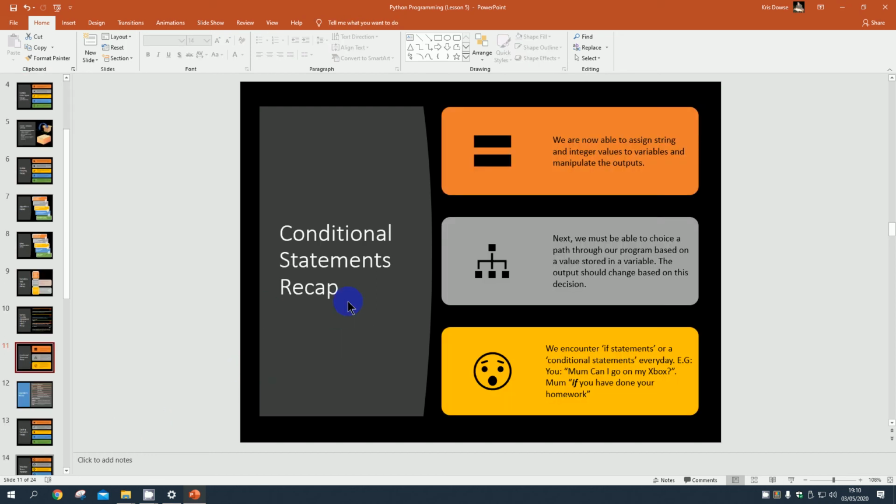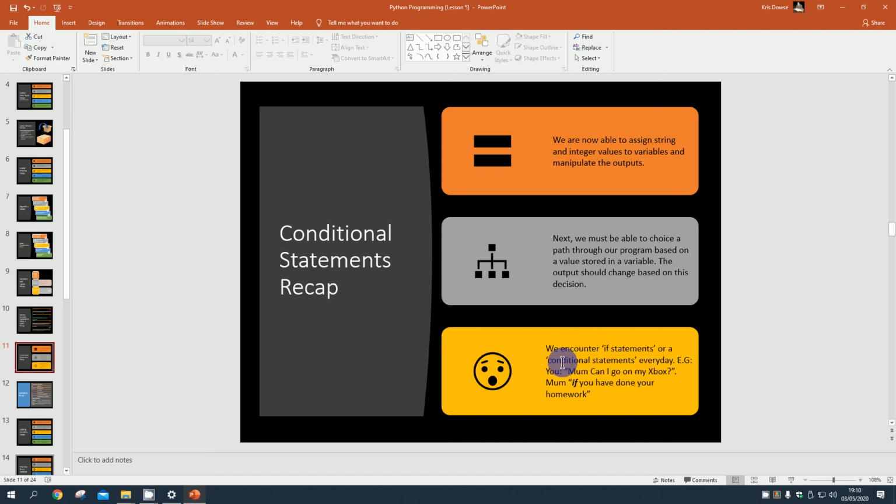Okay, conditional statements. So a conditional statement is something that we use in Python so that there's a path through our program and we don't all have to do the same thing all the time. Okay, if you think about the games you play, you don't have to do the same thing all the time, and if you choose to turn left instead of right, the game can cope with that. And our program needs to be the same. It doesn't want to be linear where you can only ever do one thing in the same way every time you run it. So think of a conditional statement like an if statement,